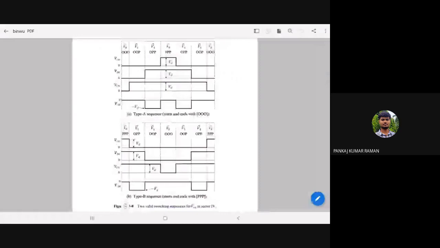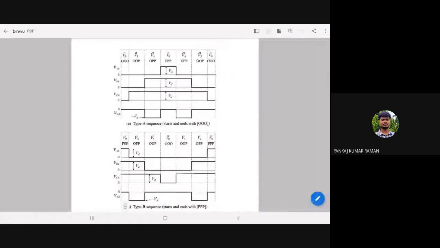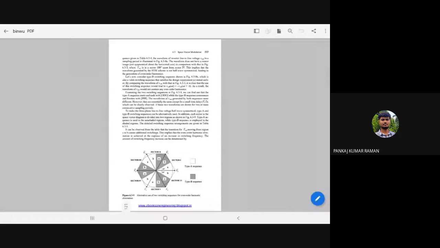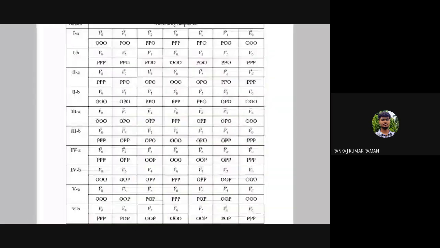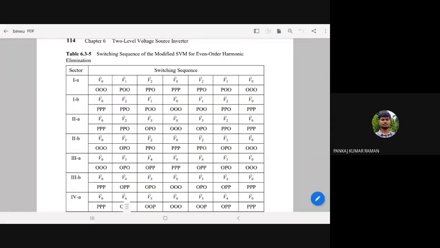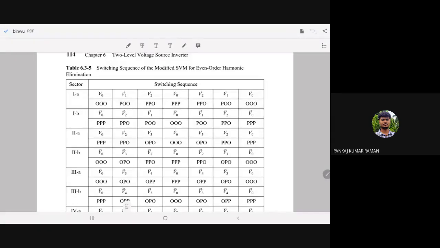This is the same thing what we discussed, right? The type A switching, and it starts from 0, 0, 0. It ended here. Right. So this is the complete switching. So again, it starts from 0, 0, 0, and it ends at 0, 0, 0. So you have 1A and 1B, right? So 1A, 1B means this is the first 30 degrees and the subsequent 30 degrees. And similarly, this is sector 2, 2A, 2B, 3A, 3B.